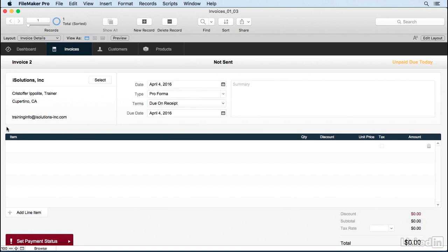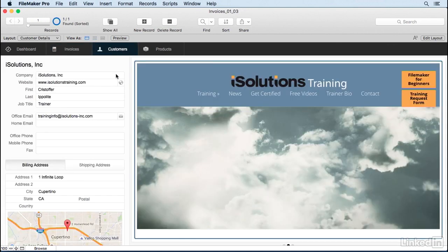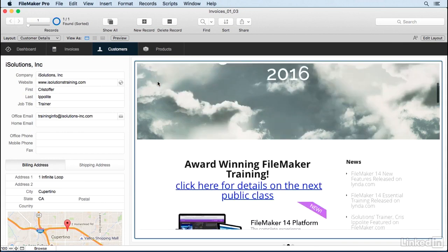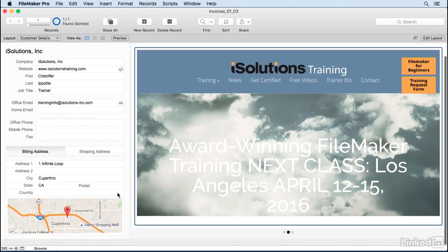But in addition to being a place where you can store your data and retrieve it and build layouts for it, FileMaker's got some pretty cool functionality. For example, you'll see if we go into customers, we've got this little button here that allows me to link to data stores. Here's what we call a web viewer. Web viewers are this incredible layout object that allows you to link FileMaker data to the web, but to display that inside FileMaker layouts. I like to use these to not only display things like maps like you see here